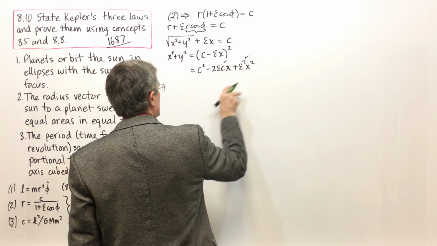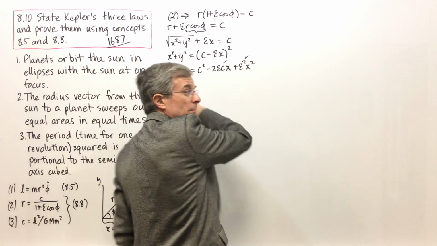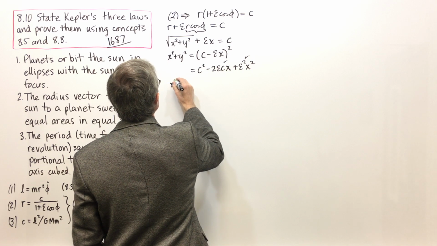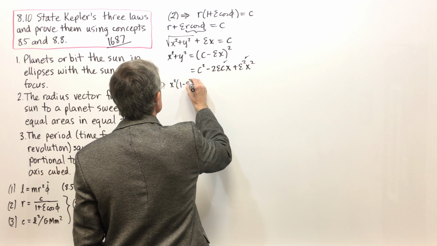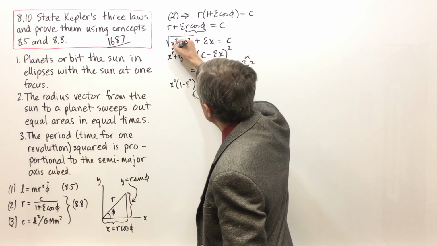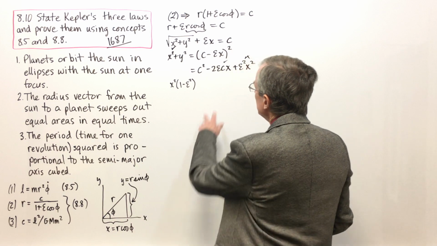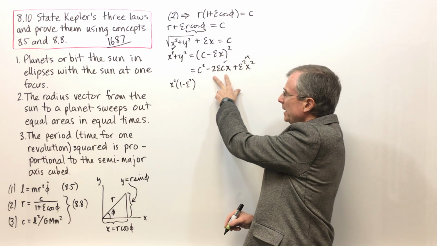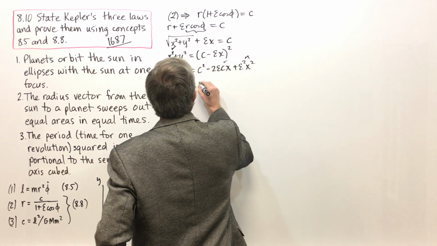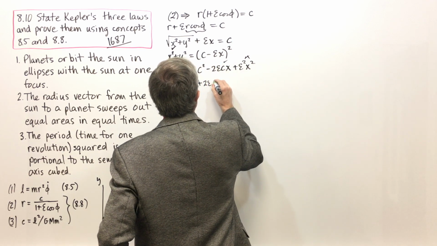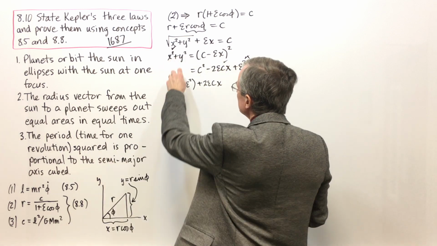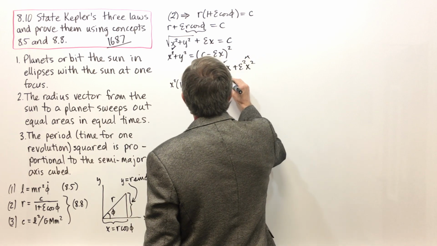And when we bring this one over, it'll combine with this term to give me x squared times 1 minus epsilon squared. That takes care of that term and that term. And this term has a minus sign on the right-hand side of the equation. It'll be positive on the left. Then we end up with y squared